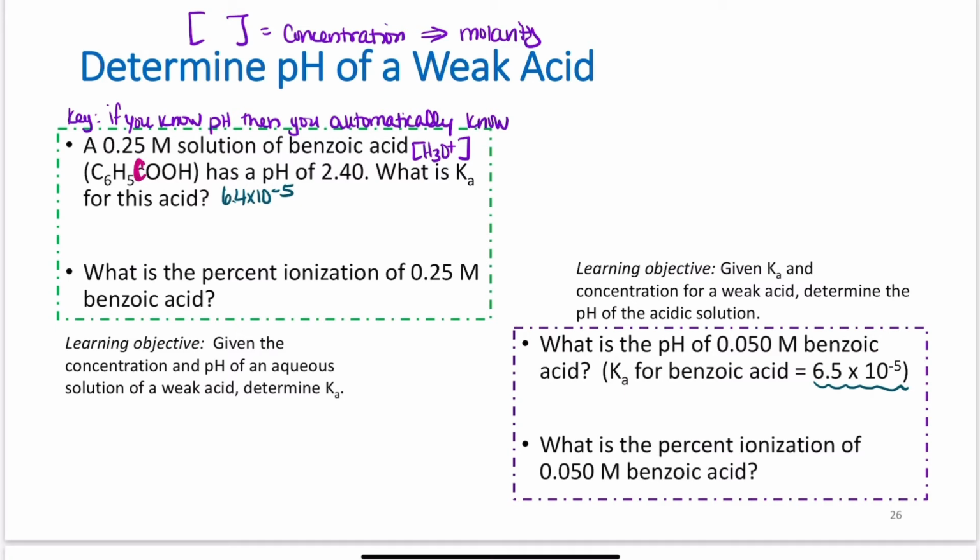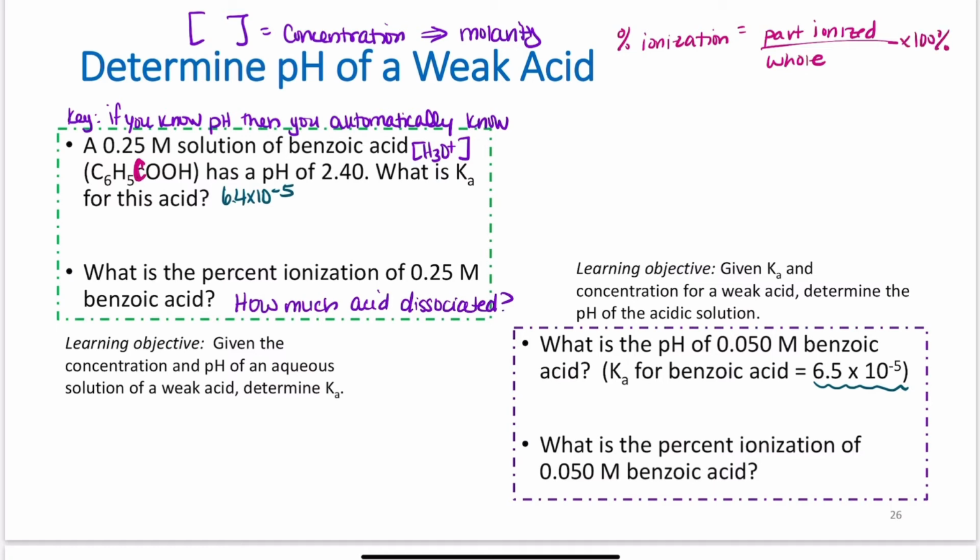What is the percent ionization of 0.25 molar benzoic acid? What does percent ionization mean? Percent ionization is basically looking at how much broke apart. How much did this acid ionize? It's a part divided by the whole thing. So your percent ionization equals the part ionized divided by the whole times 100%. It is equal to X